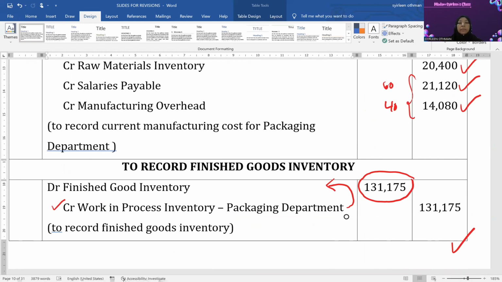Okay, so this is how you go about with the questions from topic 8. Okay, so question for topic 8 normally will be in the second question. Okay, so kita kena faham topic 8. The first thing that you need to know ialah tengok soalan tu dia minta kamu buat production cost report atau dia minta kamu kira one item. Okay, so kalau soalan tak minta kita sediakan production cost